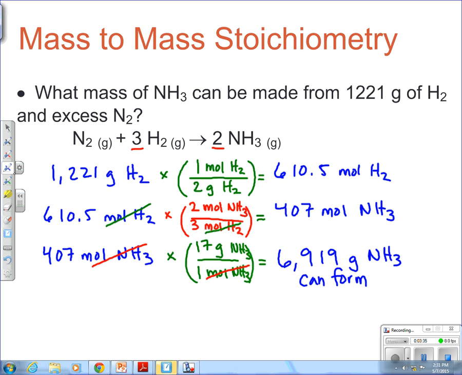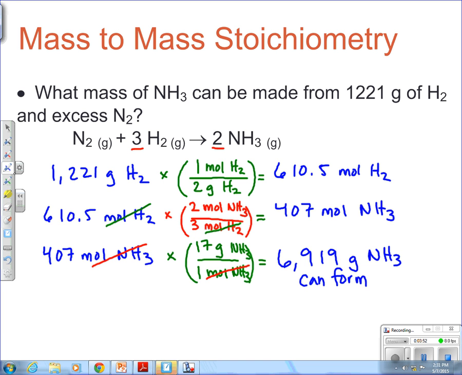You see that I wrote the unit, I wrote that it's ammonia, and I also wrote myself a note that this is how much ammonia can form. It's a good idea to remind yourself of what you're trying to accomplish. We were trying to figure out how many moles of ammonia and how many grams of ammonia can form, and